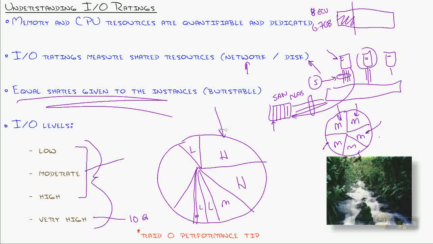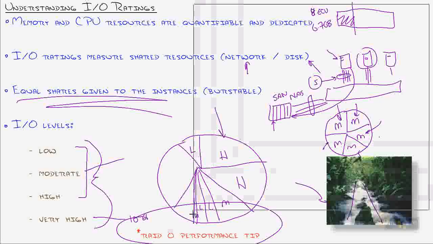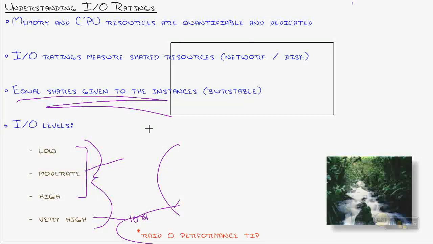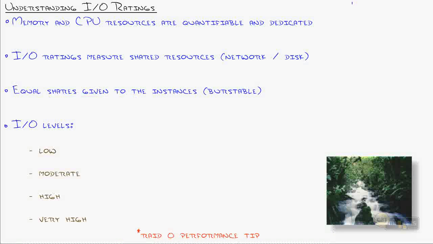Give it a try. Now, I put a little stream here because you can think of it like a stream to the river or a stream to the ocean. You can only get so much through your channel on I/O. Now, I want to give you a performance tip, which actually came from one of the AWS engineers on RAID 0. If you require heavy disk performance, which a lot of people do, you can get a little bit more